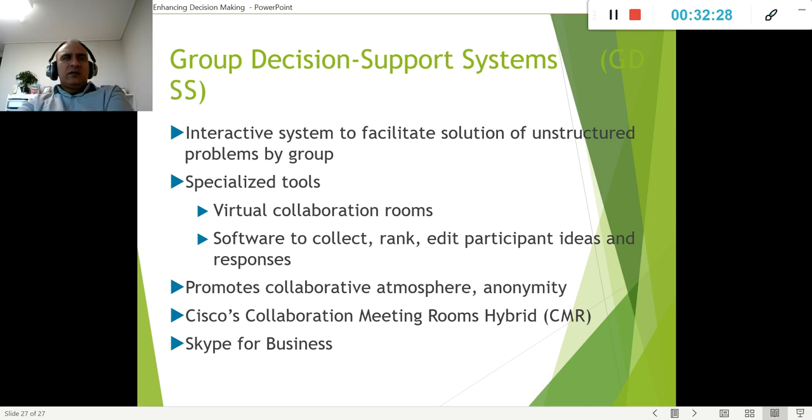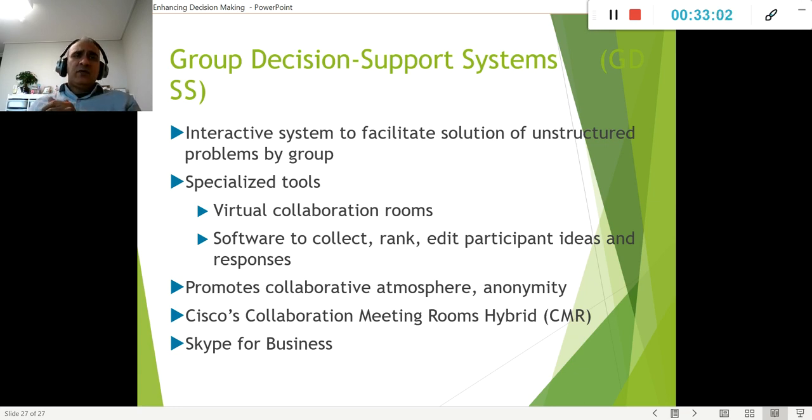This one talks about the group decision support system. It is the same thing, except that, as I was explaining before, when the data is open and accessible to everyone, decisions are no longer taken by just one department. They will be taken by different departments because they all have access to the data, and they may see it in a different light according to their needs. So now we have software that allows us to do that.